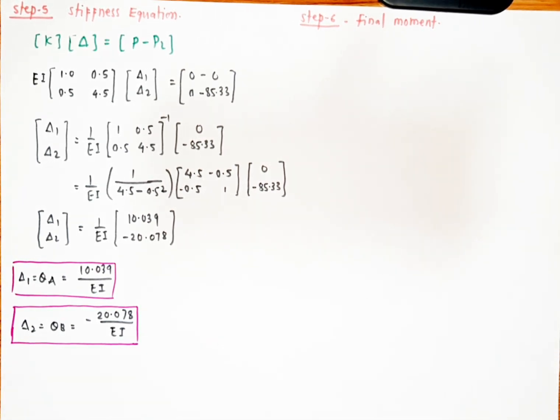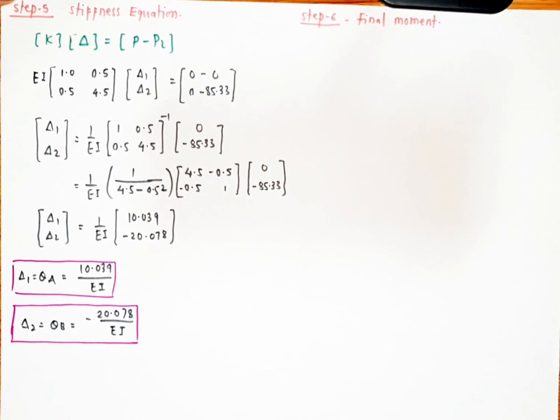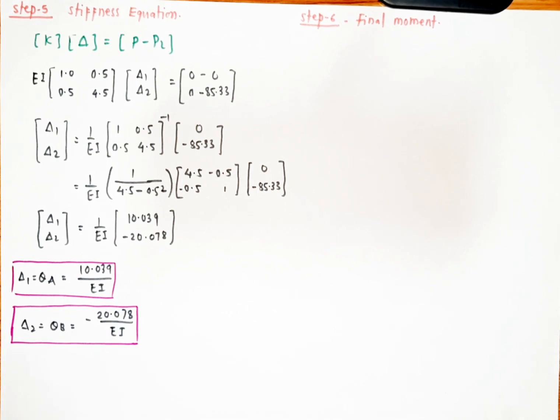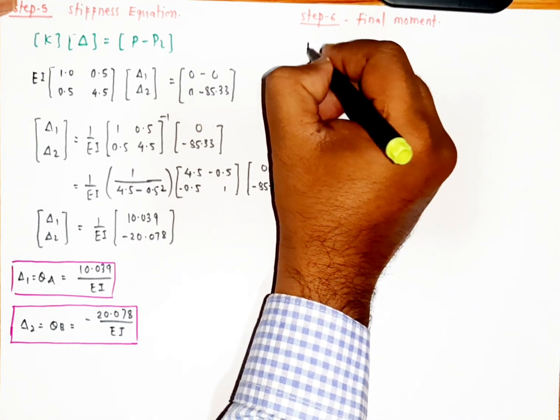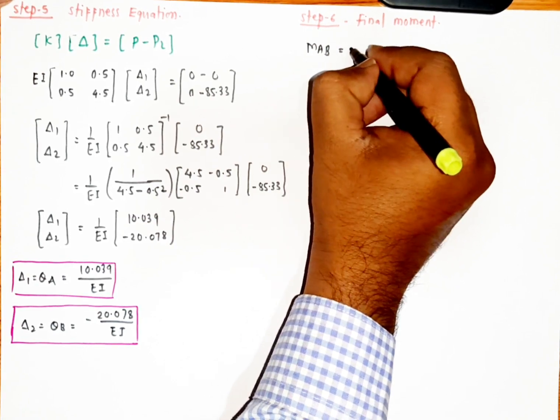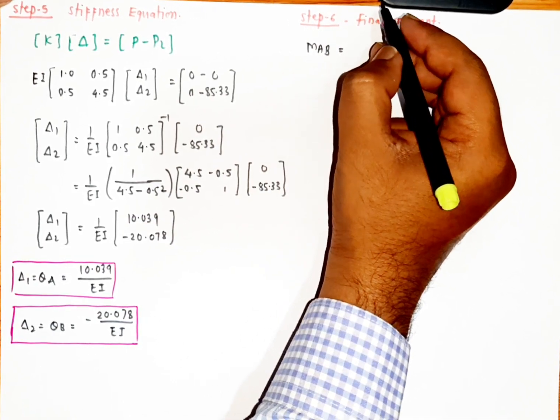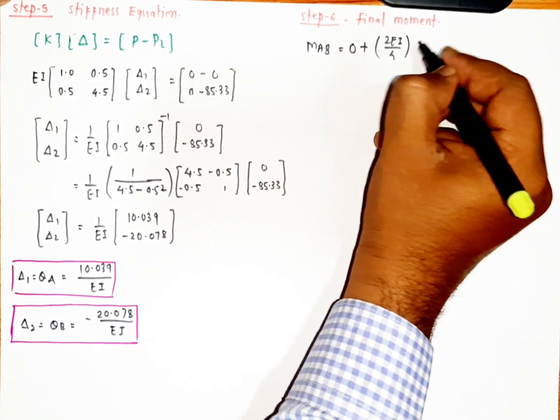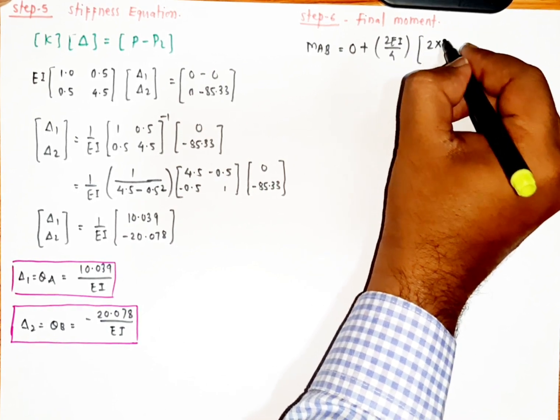For that final moment we will use a slope deflection equation. Now here I am going to use the values directly. For the slope deflection equation, we already know that MAB is equal to MFAB plus twice EI by L into twice theta A plus theta B minus delta is equal to 0. Here delta value is 0, that's why I will write down directly, that is MAB is equal to, there are no fixed end moments for AB, therefore it is 0 plus 2 EI by 4 into twice theta A,